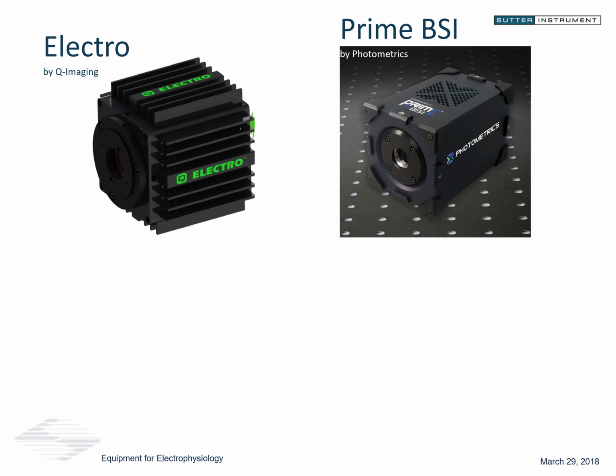I'd also like to point out the new backside illuminated camera from Photometrics. Essentially, this is an example of extremely sensitive sCMOS technology that's coming out from some of the camera companies now. Sometimes our samples will be extremely dim and we need a high sensitivity camera. These cameras now with sCMOS and backside illumination are reaching 95% quantum efficiency, which is extremely impressive. So if you have very dim samples, you might want to look at some of the higher sensitivity sCMOS cameras that are available now. This is pretty new and groundbreaking technology.